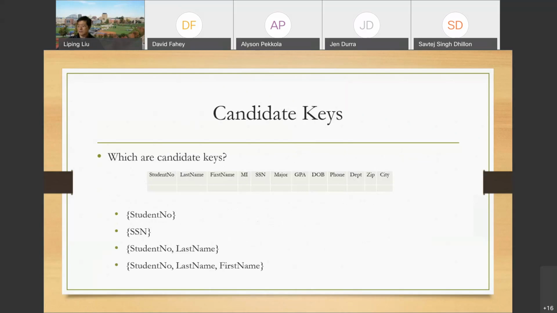Oh, by the way, let me look at it here. We said the student number should be a candidate key, and social security number should also be a key, right? But you can also use student number plus last name, or last name and first name together, to determine everything else, right? However, in this case, even though student number plus last name, or student number plus last name and first name, are candidate keys,